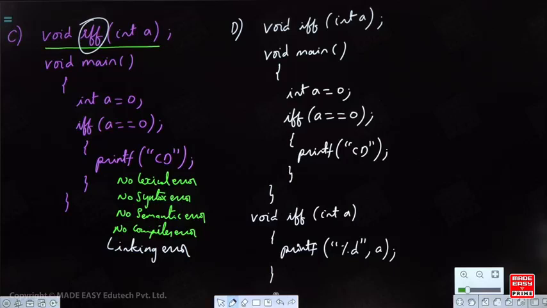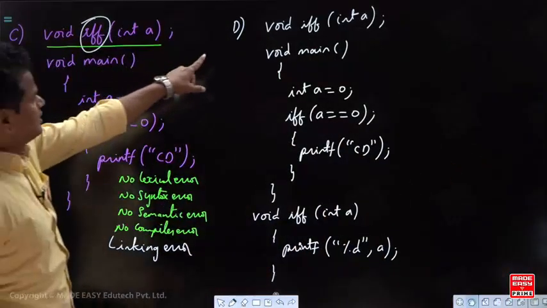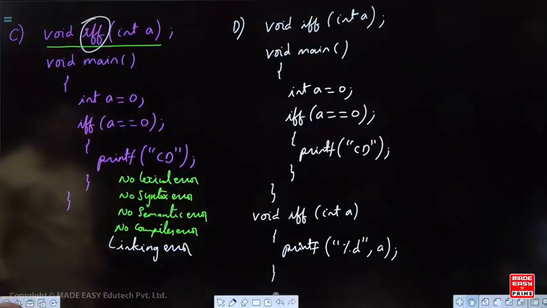Govind Mishra, whenever you are giving the answer, you mentioned this is a C program, this is a D program, and I am unable to identify which one you are giving the answer for.